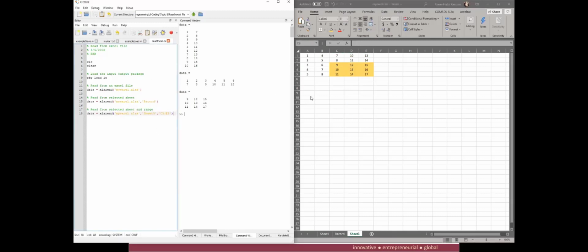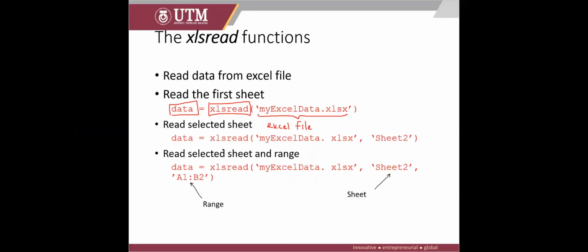Okay, so that's how you read from an Excel file. That is very simple again. You have the command Excel read. You need to specify the file name, and it needs to be in apostrophes. This is the sheet that you want to read, the name of the sheet, and then this is the range. Okay, that settles it for